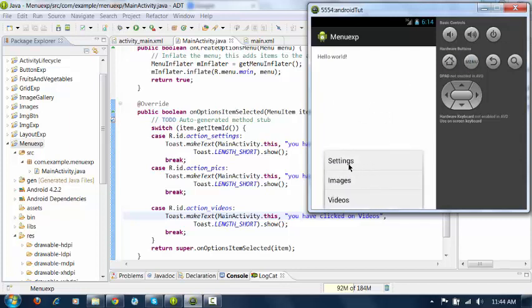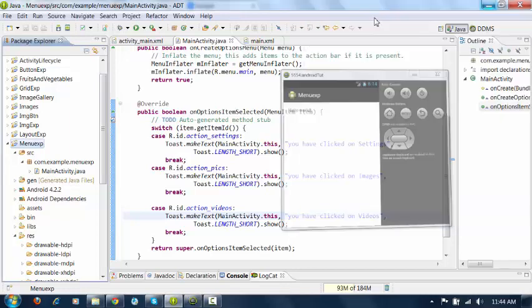It is showing the options settings, images and videos. Click on settings. It is showing the message you have clicked on settings. So now the on click listener is working. Now instead of showing the message, when our user clicks on this item, we can navigate to that particular page. So let us do that first.